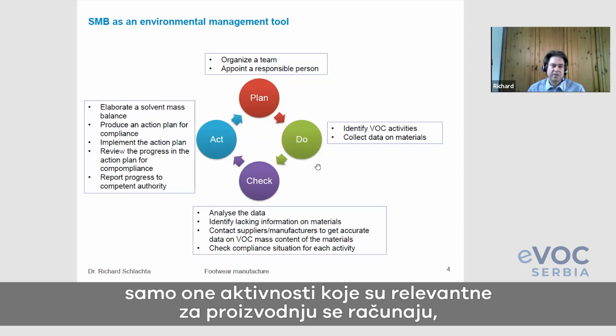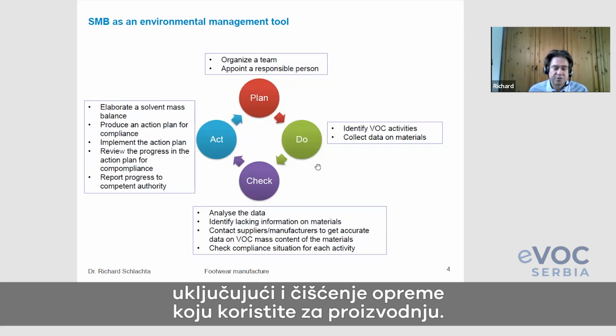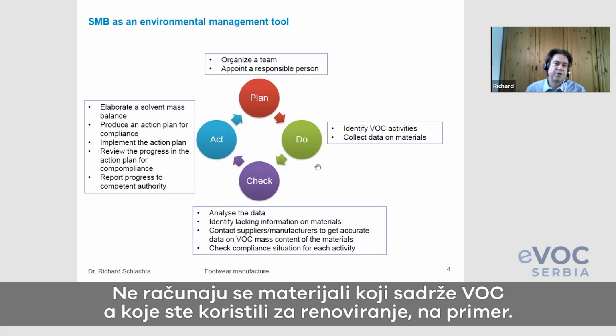Only the VOCs that are really relevant for the manufacturing are important, and of course those from the cleaning of the equipment that you are using for the manufacturing, but not, for example, if you do some renovation work and use some VOC-containing paint for some walls